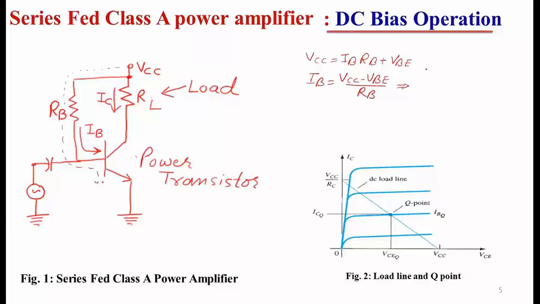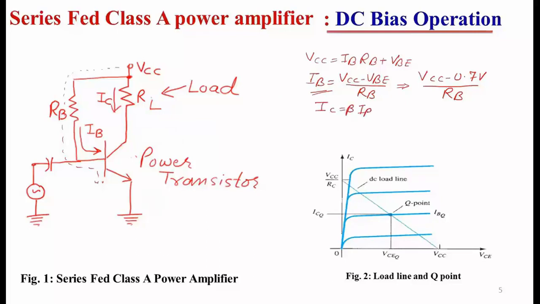Hence, since we know that VBE is equal to 0.7 volt, we can say that IB is equal to VCC minus 0.7 volt divided by RB. This is the value of base current at this DC bias. So next, since IC is equal to beta IB, where beta is the gain of the transistor,